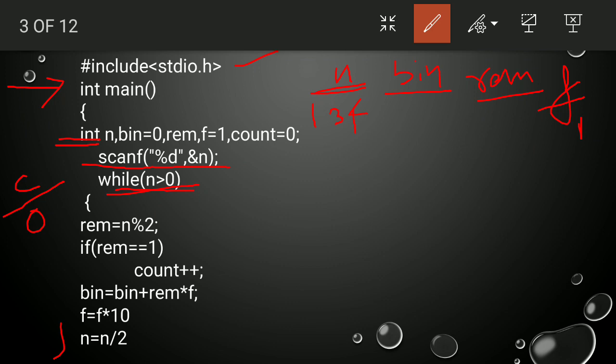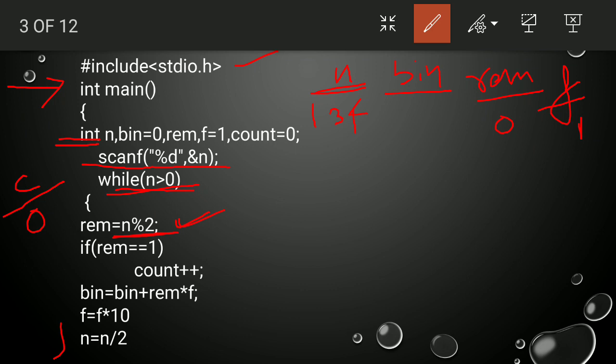First we take rem is equal to n mod 2. The modulus operator gives you the remainder. So 134 mod 2, if we do 134 mod 2, what will be our remainder? Divided by 2, 2 6 are 12, 1 are 14, 2 7 are 14. So in this case our remainder is 0. So the remainder contains the value 0 after dividing by 2, since the modulus operator gives us the remainder.